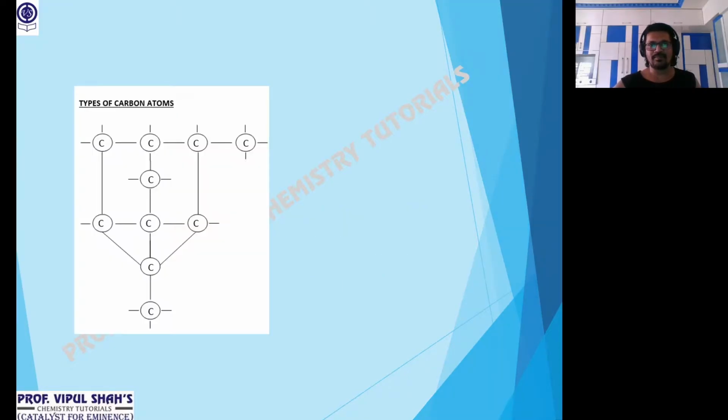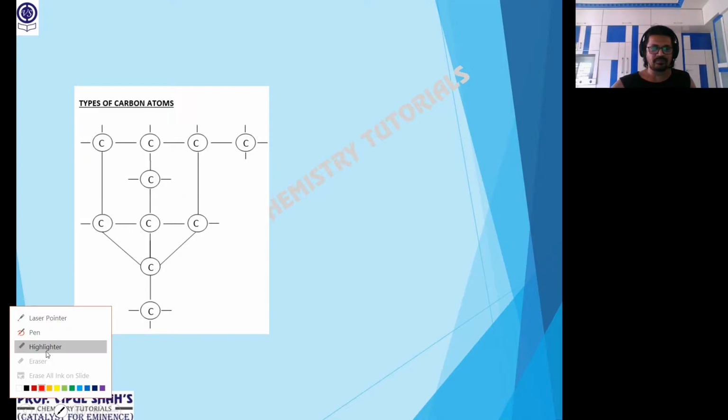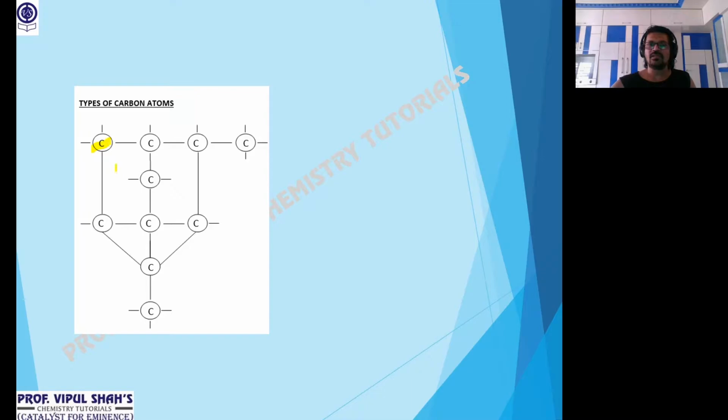Let's see this. First of all, before going to the types of alkyl groups, first we'll talk about types of carbon atom. Carbon atom, depending on the valency. We all know valency of carbon is 4. One carbon is directly attached to only one other carbon. That's called a primary or a 1-degree carbon. For example, this carbon is attached to one as well as one down there, so it's attached to two others, so it's 2 degree.